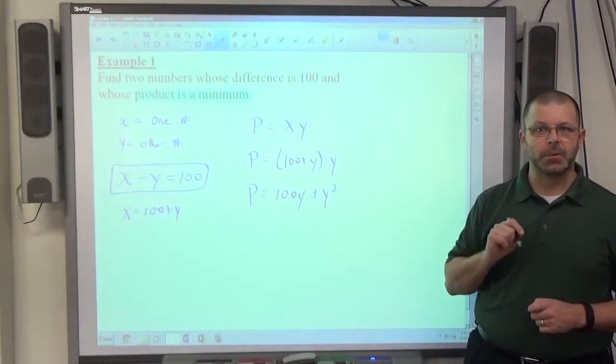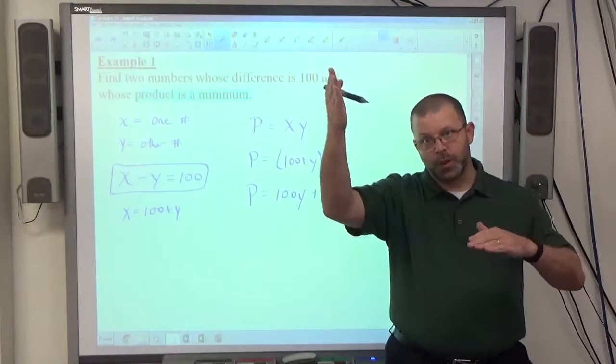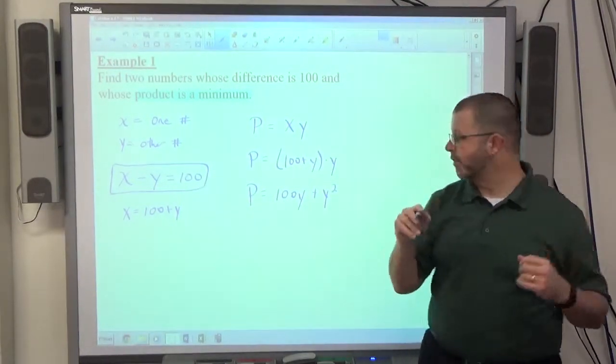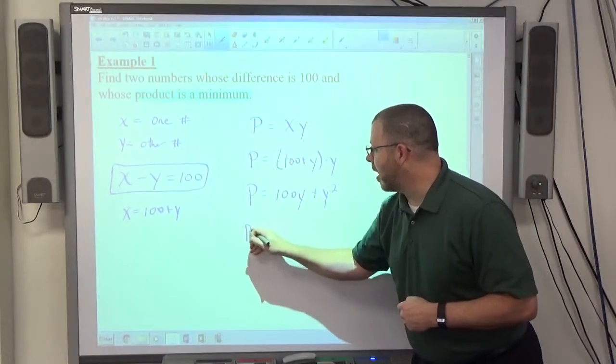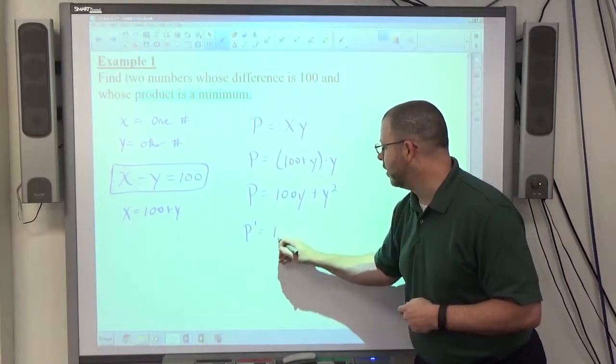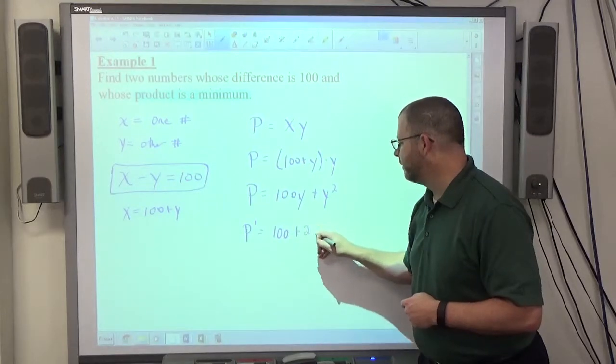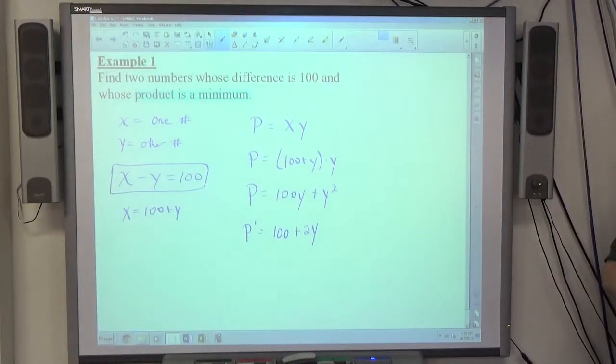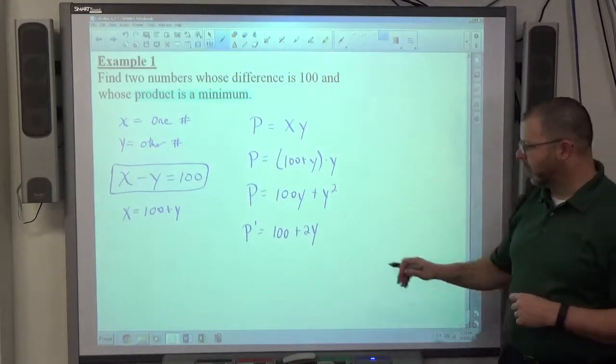I'm trying to find the minimum. The minimum occurs when we go from a decreasing interval to an increasing interval, right? What we've already learned about graphing. So if I do p prime is equal to 100 plus 2y, and I set that equal to 0,